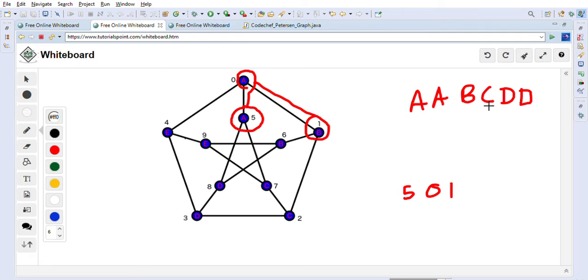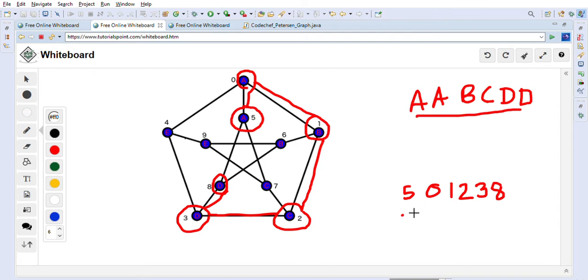From this B we can go to C. So C is here, so we can go to this C. This is 2, so we will write 2 here. From this C we have to go to D, so we can go from this C to this D. This is the D, and we will write 3 here, which is the value of that node. And from D we will again go to this D, and we have to write 8, the value of that node. So basically they will give us a string, and we have to find out if the path is possible or not.